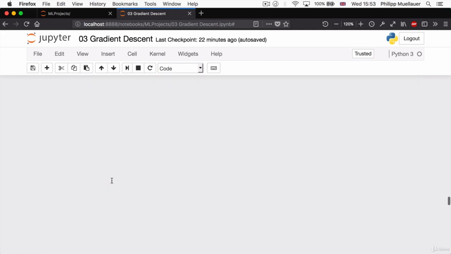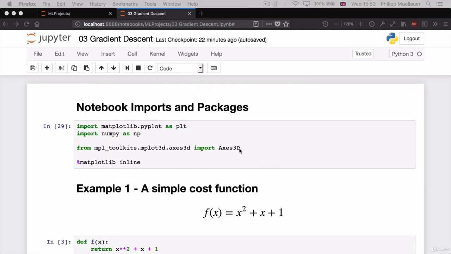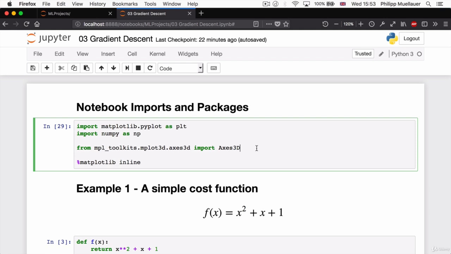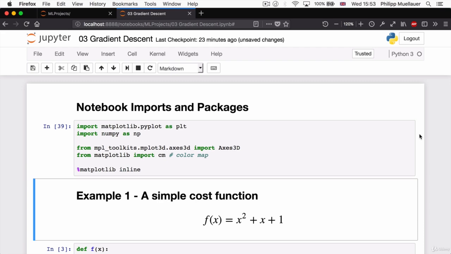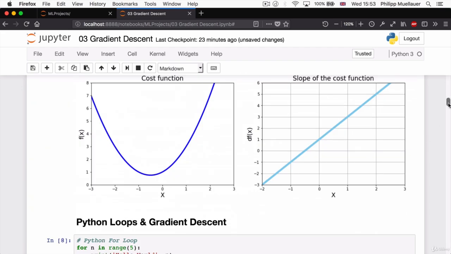So I'm going to scroll back up. And in our very first cell, I'm going to keep all the import statements nice and tidy up top. I'm going to say from matplotlib import cm, and cm stands for color map. Now I'm going to hit Shift Enter, and I'm going to scroll back down,